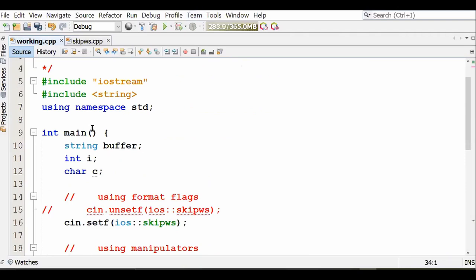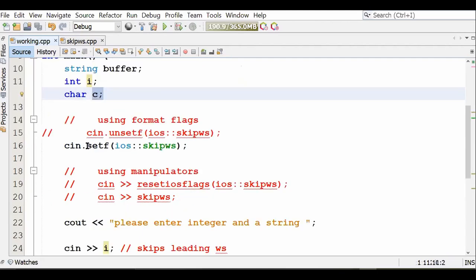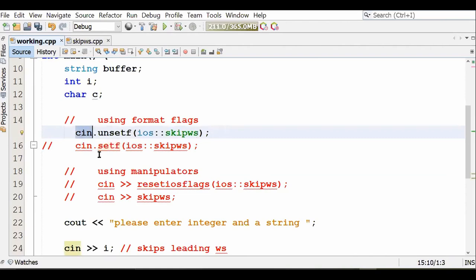Now have a look over here. In this example, I have a string variable called buffer. I have an integer, I have a character. And this time with cin, the input stream also has flags.